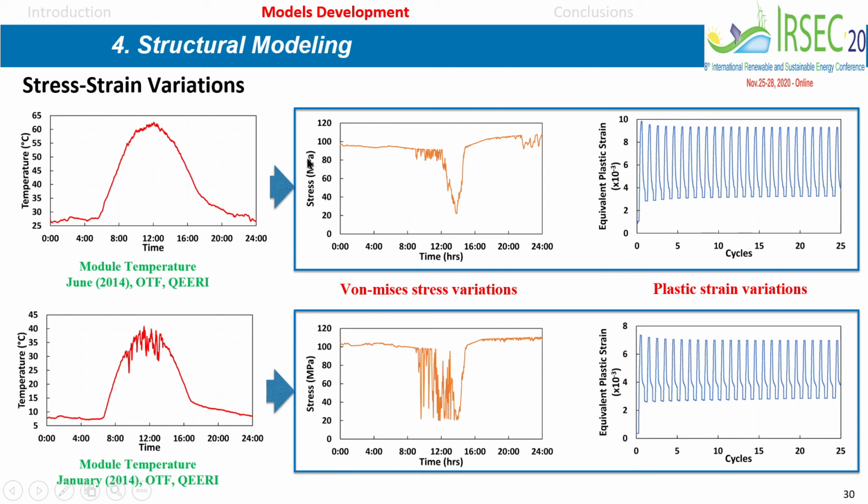And these are the stresses during the same day. You see how the stress relaxes because temperature increases, then it decreases and so on. That's why you see this relaxation, because of temperature increase. And the same thing here for this other day, which is in January. Again, you see the evolution of stress for the same day. What we did, we took this situation and we repeated it 25 times, so 25 days, in fact.